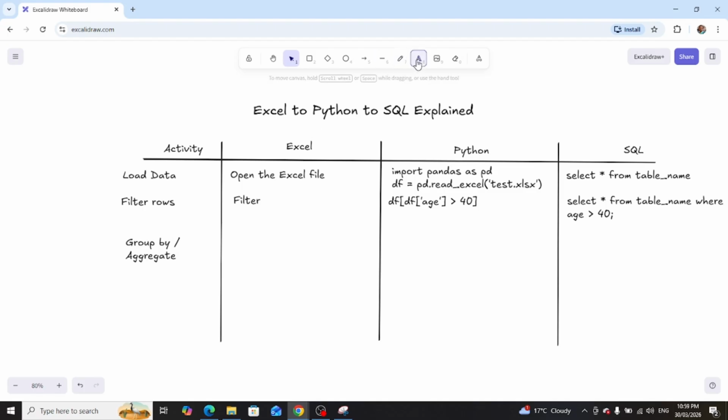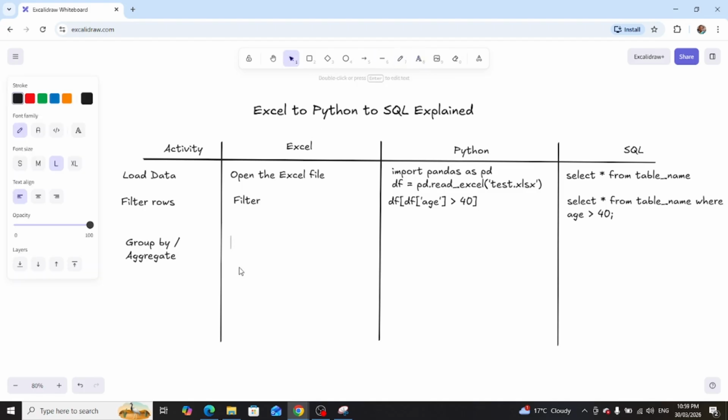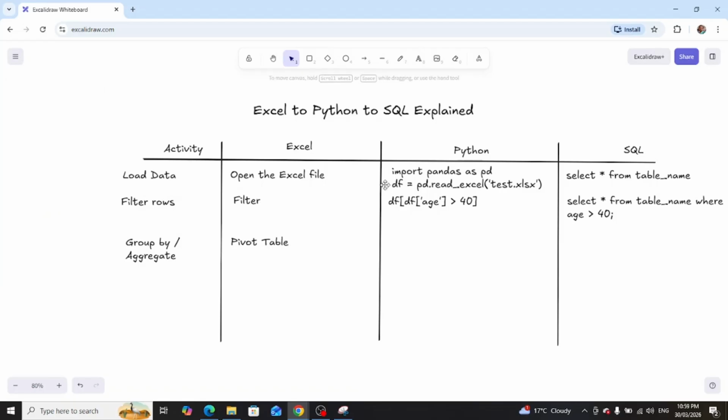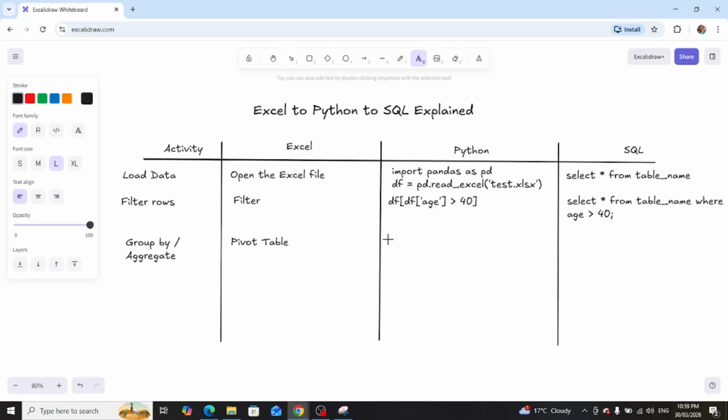So if we have to use this in an Excel sheet, we have to pivot the table. Whereas if we have to do the same activity in Python, and we know that we have the data frame already created at the first stage, we will apply within that data frame: df dot groupby,